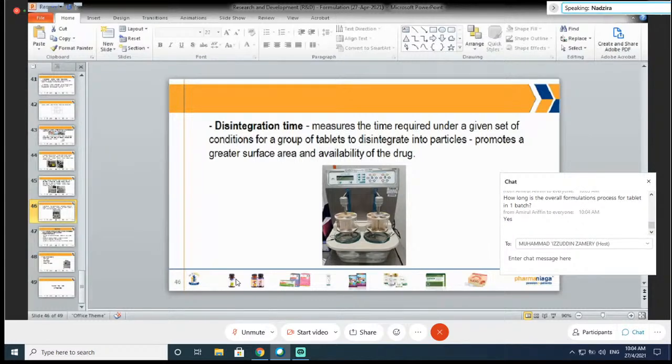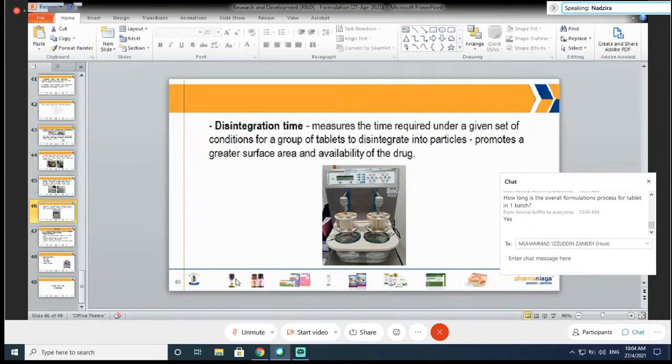Okay. Selalunya, first kita orang sebelum masuk lab, kita orang kena ada dispensing sheet. The excipient use, dah tahu dah ada punya percentage, dia punya amount, batch size apa yang kita nak guna, nak buat semua. Lepas tu, we go for dispensing. Selalunya 1 hari dah boleh siap lah. From this dispensing,